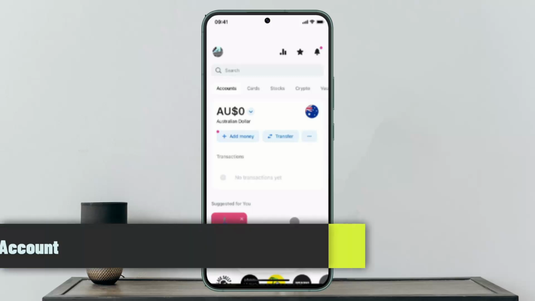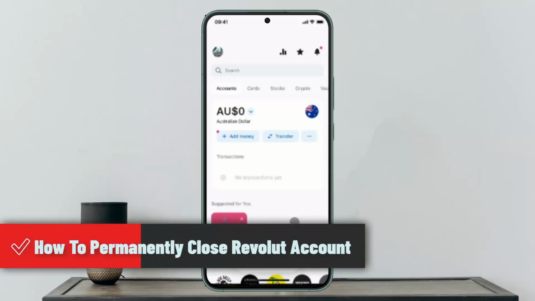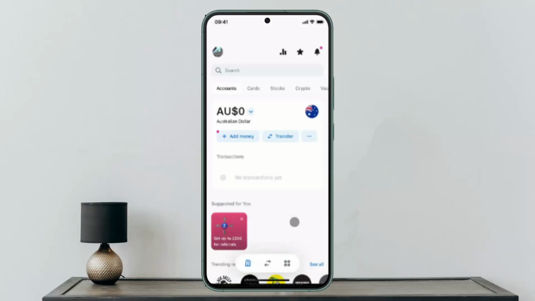In this video, I'll show you the procedure to permanently close a Revolut account. If you want to permanently close a Revolut account, then you have to follow these steps. Before you begin, make sure that your device is completely up to date and it's connected to the internet